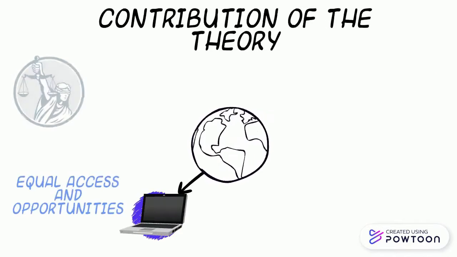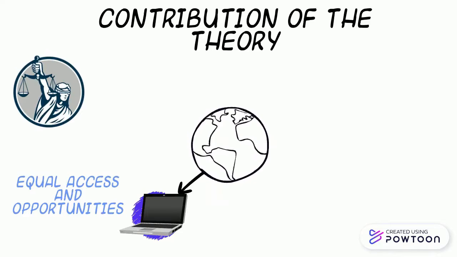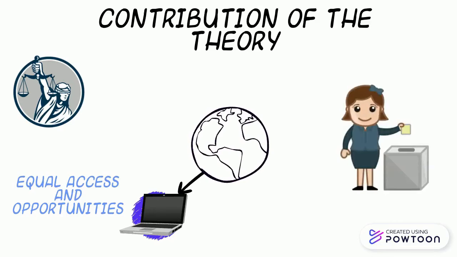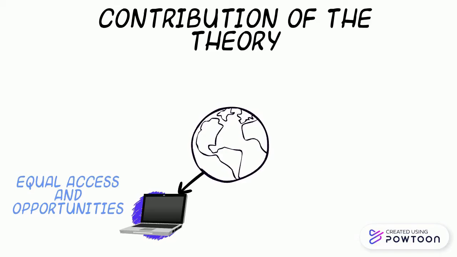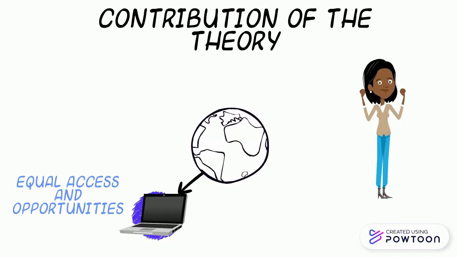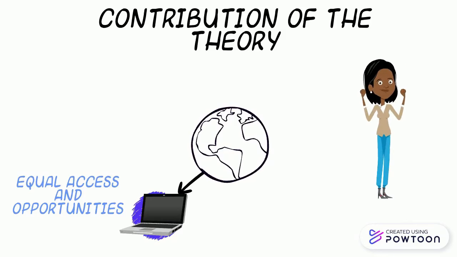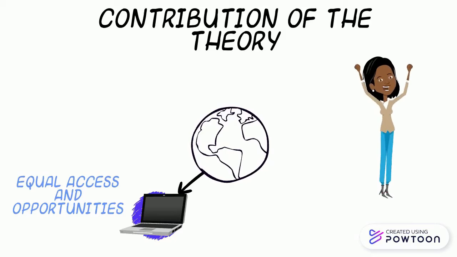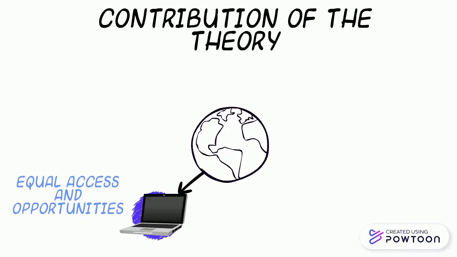Rawls' theory of justice has influenced many lawmakers and Supreme Court decisions in the United States, where the law has been amended to provide equal access and opportunity for minorities and the disabled. For instance, after the amendment of the United States Constitution, there is equal opportunity to vote given to all the citizens regardless of their gender. There's another example under contributions of Rawls' theory of justice, where women nowadays have been given the chance to hold higher positions such as manager or even president of the country. So Rawls contributed to a theory that opportunities to higher positions and higher wages are equally available to all regardless of their gender.